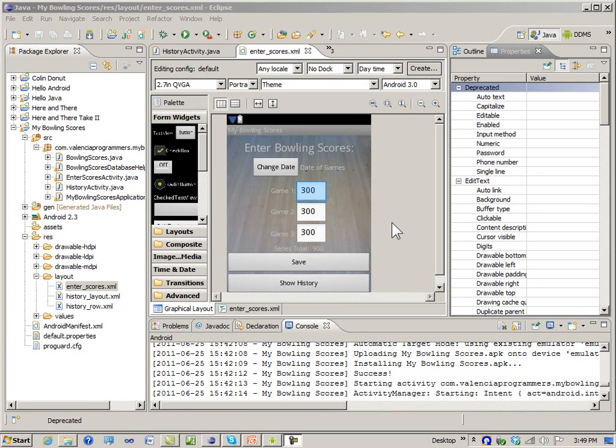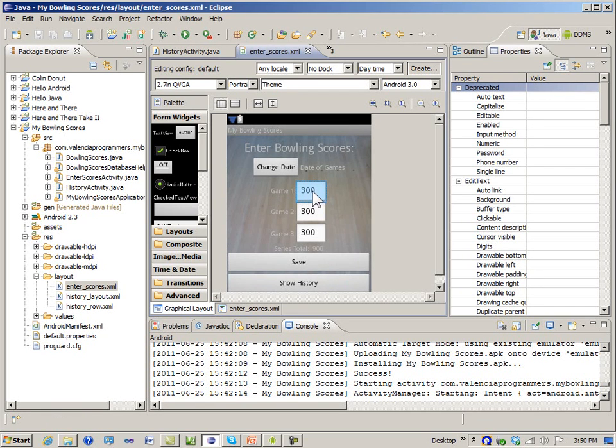Well, as I was playing with the application, I forgot about this. When we go into the text field to enter the scores, it's really kind of awkward because you have to delete this 300, which is a dummy score, in there. And if we go into the enter scores XML,